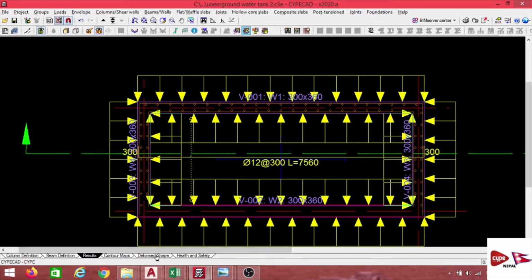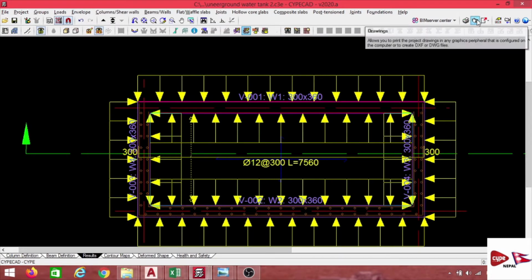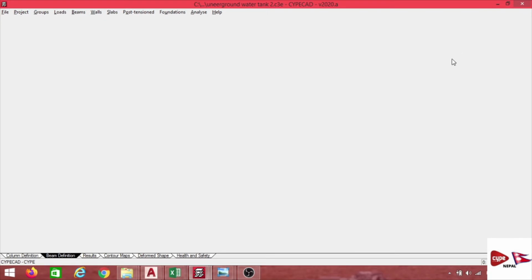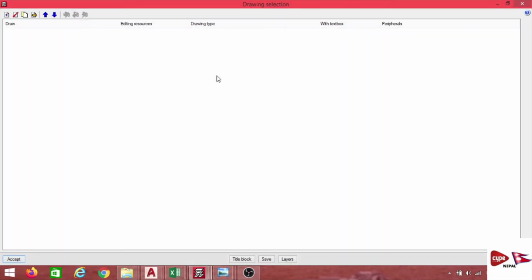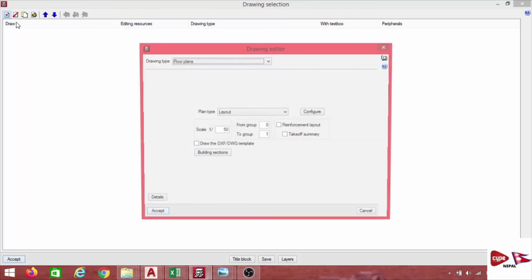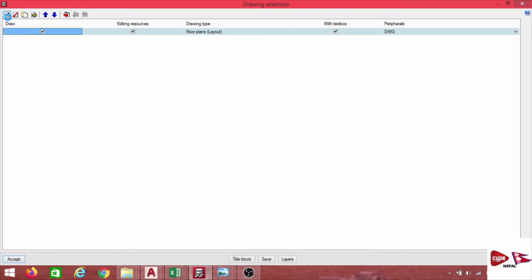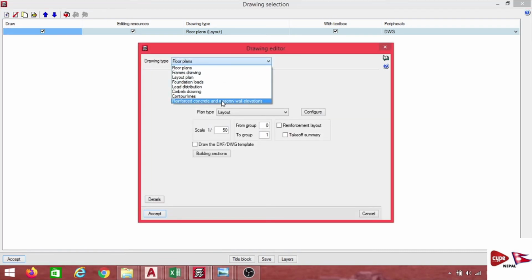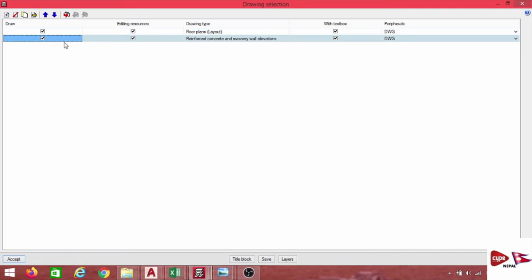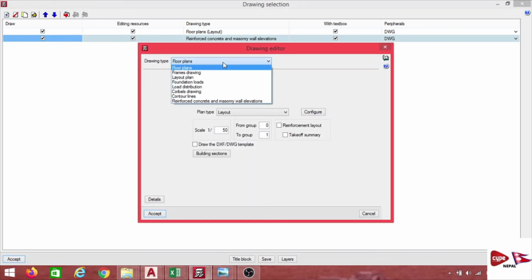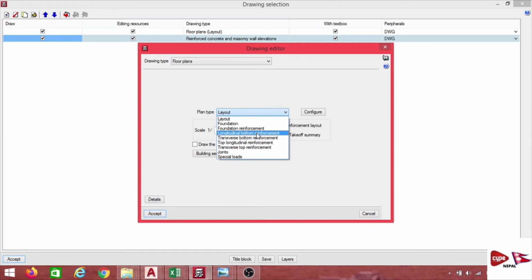But if you want to generate the drawing, just go to the drawing option, and here you can check whatever you want. I am going to take the layout 0, give accept here. And I want to give more details about the reinforced concrete wall also, you can do. But if you want to go for the reinforcement in